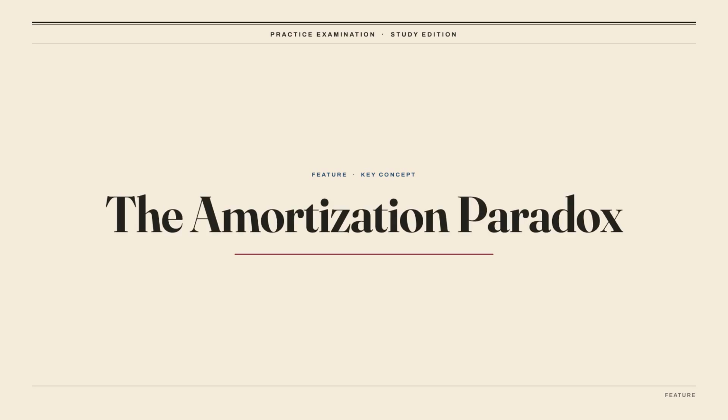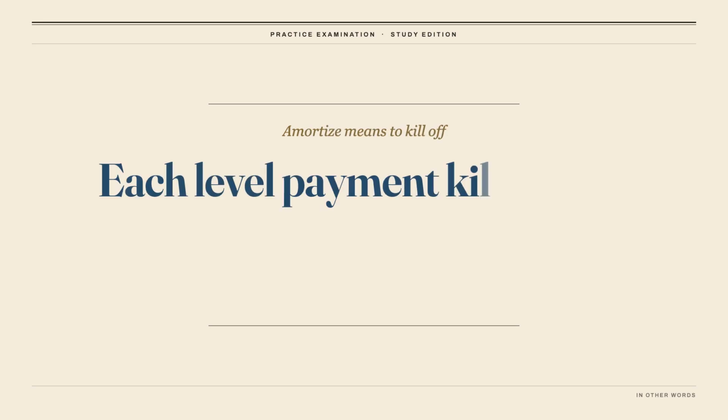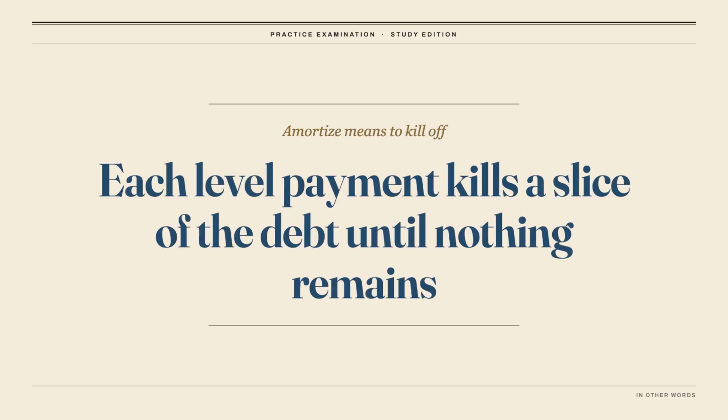A fully amortized loan has a payment that never changes, and a payment that is never the same twice. Both are true at once, and understanding how is the whole concept. The word amortize literally means to kill off, and that's exactly the job. The lender sets one level dollar figure designed to cover all the interest and fully retire the principal by the